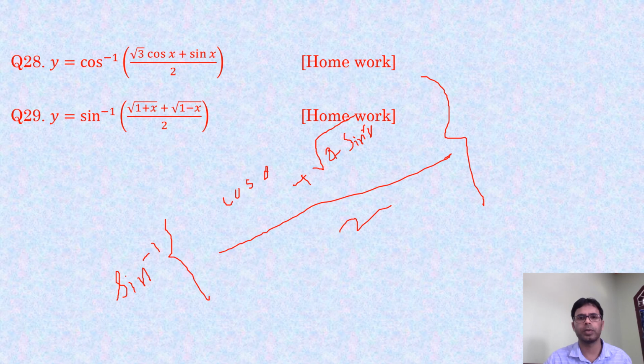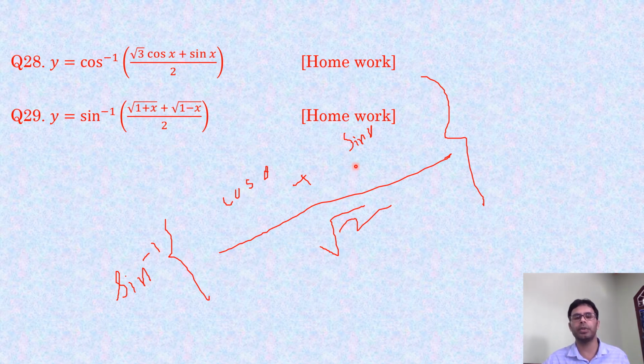this one, and you will get here root over 2. Then as done in the previous question, 1 by root 2 cos pi by, it is sine inverse now, so you write 1 by root 2 is sine pi by 4 into cos theta, plus this 1 by root 2 is cos pi by 4 into sine theta. Sine a cos b plus cos a sine b will give us sine of pi by 4 plus theta, and sine inverse will cancel, so you will have only pi by 4 plus theta,